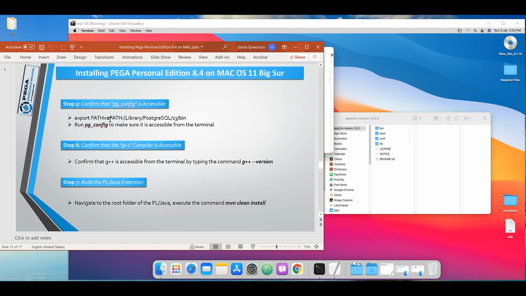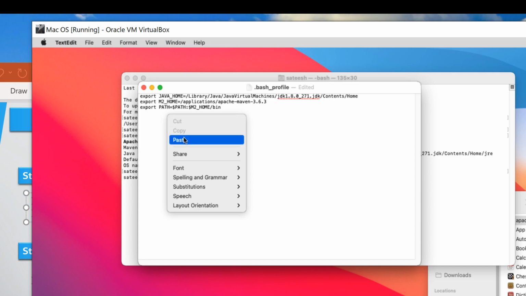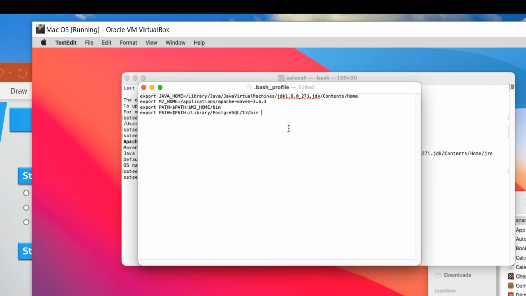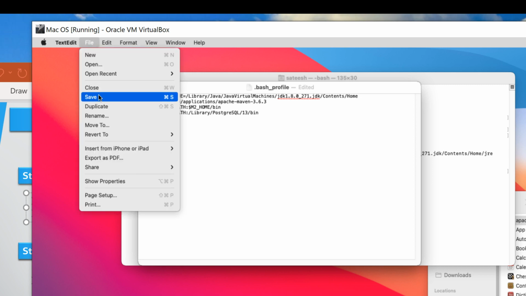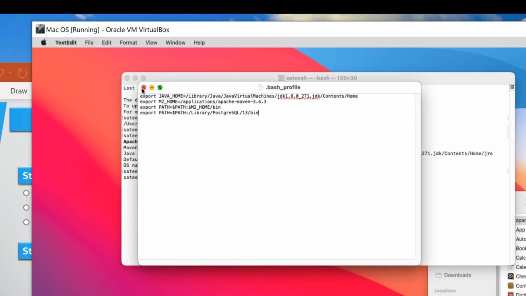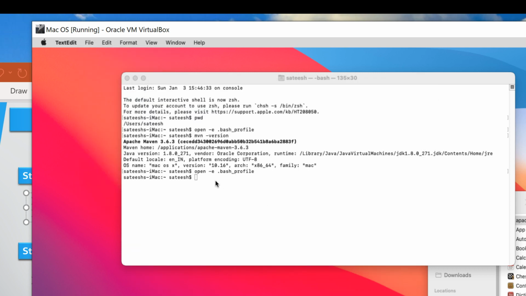Now step 5. Export the path to your PostgreSQL bin directory and execute the command pg_config. You can add a path to your bash profile, save the file, you can close, and you can source your bash profile to your terminal by typing the command source .bash_profile.